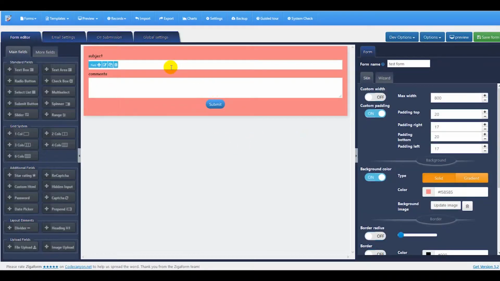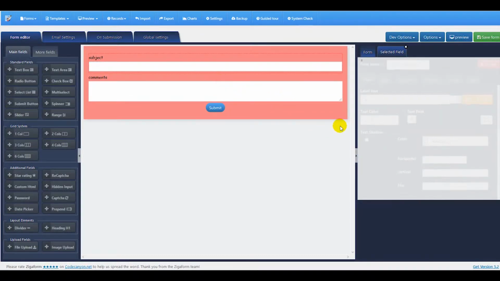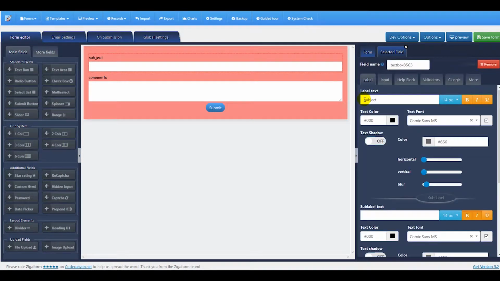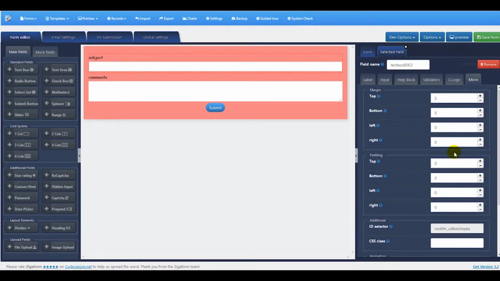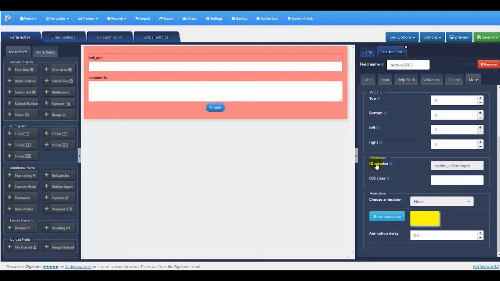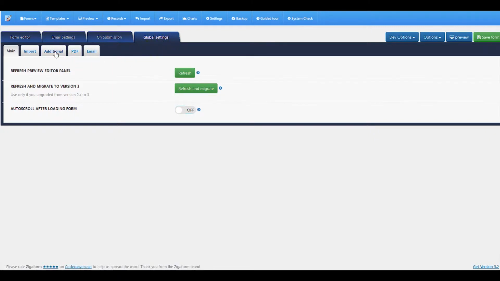Now we're going to customize this text box. We will add round corners on the border, and for that we need to get the ID of the field. So you can get the ID of the field on More tab, then go to ID selector, copy the ID selector, then go to Global Settings tab, then go to Additional tab,